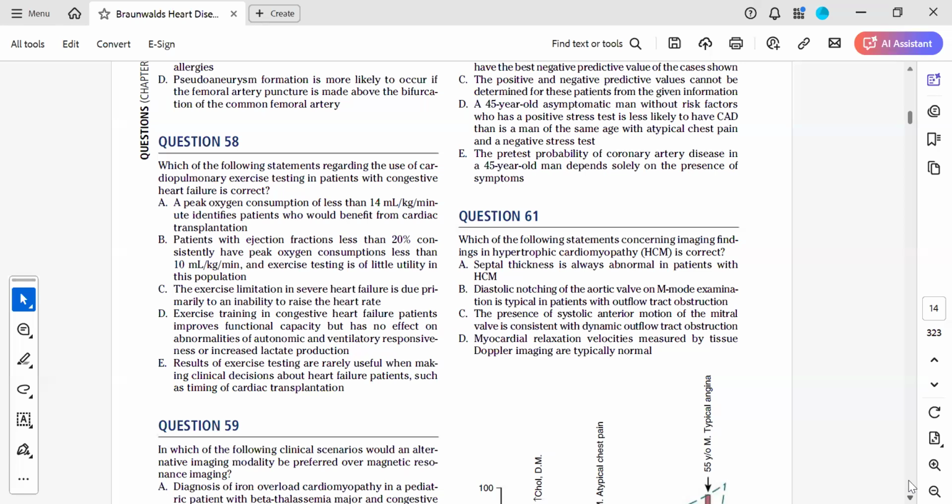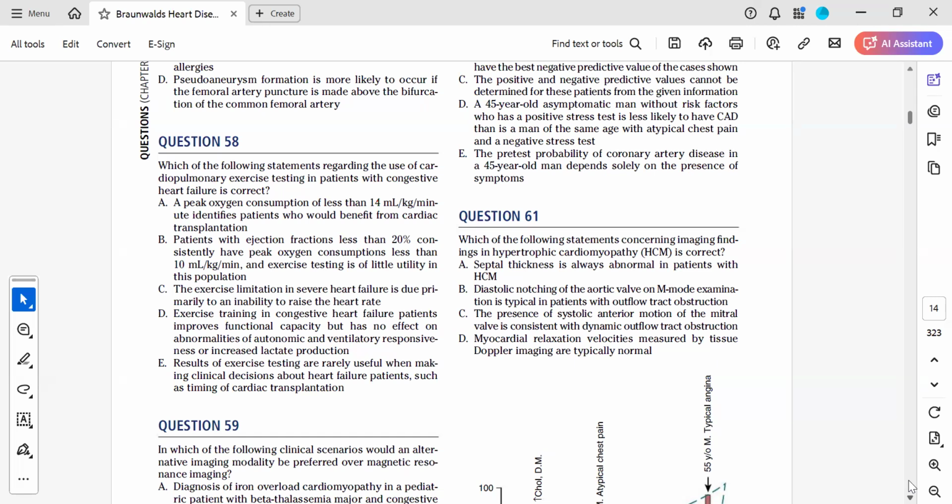Okay. So question 58. Which of the following statements regarding the use of cardiopulmonary exercise testing in patients with congestive cardiac failure is correct? A. A peak oxygen consumption of less than 14 mL per kg per minute identifies patients who will benefit from cardiac